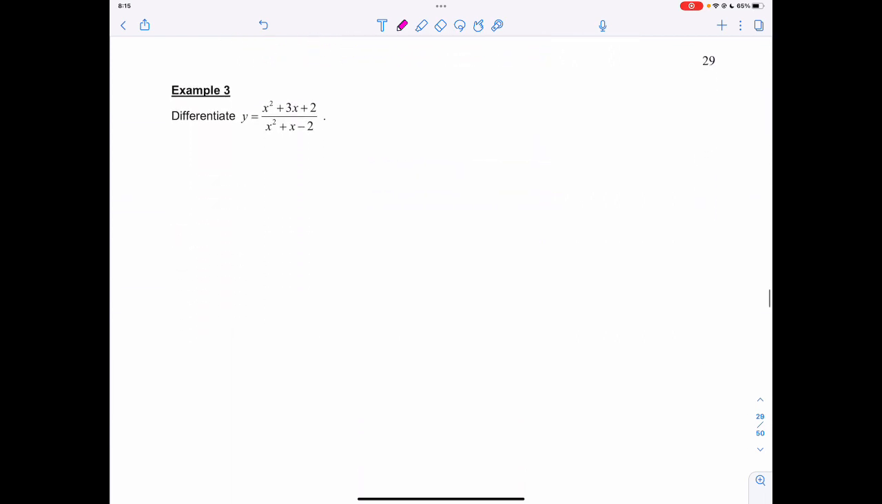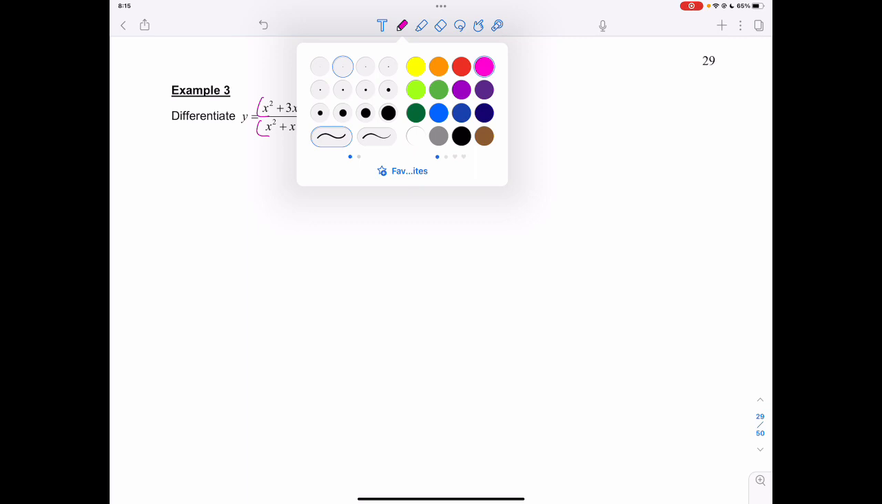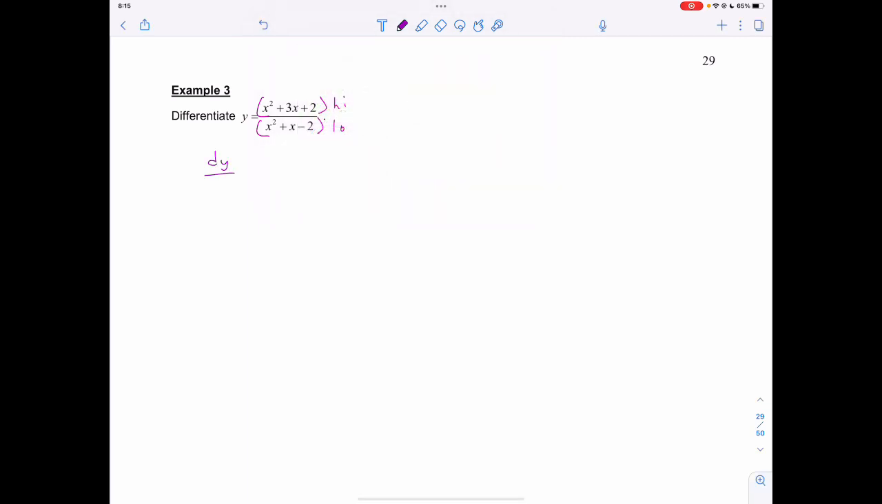All right, let's try one last example for this. So if I'm going to differentiate y is equal to x squared plus 3x plus 2 over x squared plus x minus 2, then I have my high, I have my low, and I'm going to say that dy over dx is equal to the low, x squared plus x minus 2,